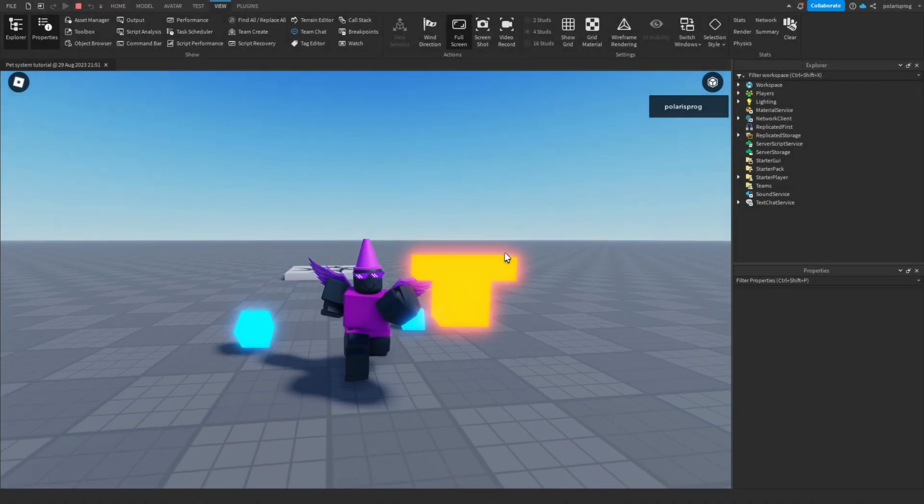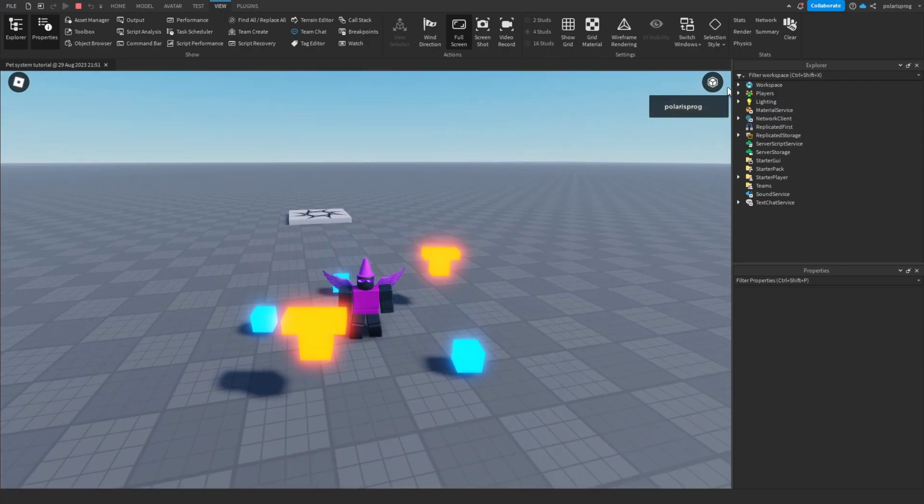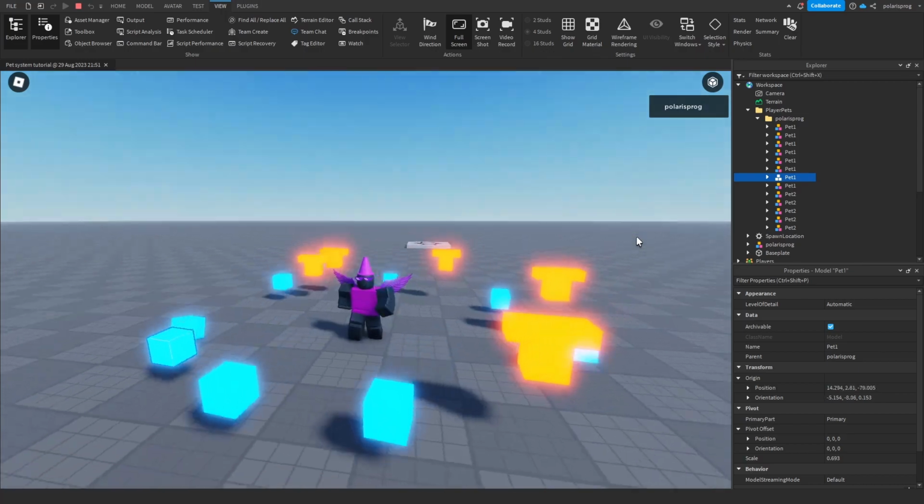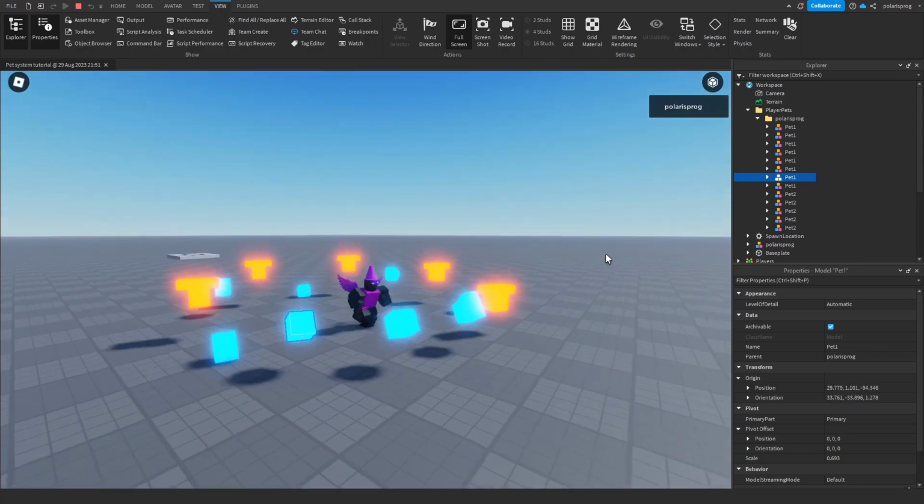In this video I'm going to be showing you how to make a pet system where you can equip an infinite amount of pets, and we're also going to be covering how to make these nice walking and flying animations